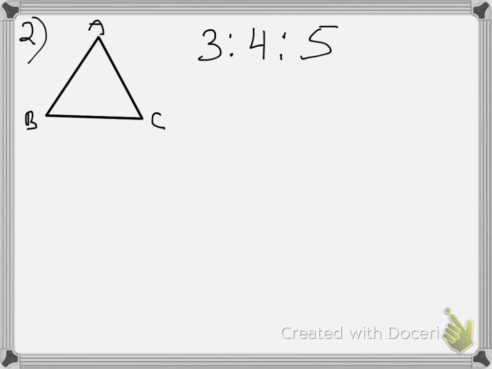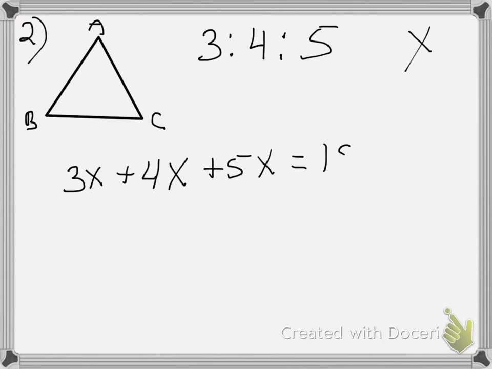Right, but they don't tell us necessarily what they are. So I'm going to say, well, I don't know what they're multiplying 3 by, what they're multiplying 4 by. So let's be wild and crazy, and let's say we're multiplying them each by x. So 3x plus 4x plus 5x equals 180, the number of degrees in a triangle. So 12x